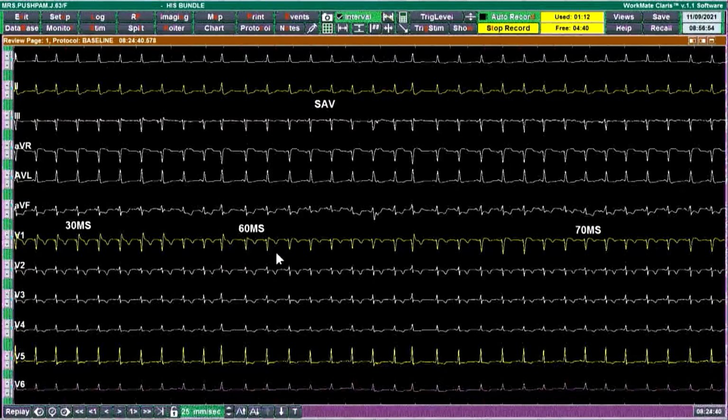Once I increase the AV delay a little further to 70 milliseconds, you will see that the RBBB is completely masked and you get a near normal QRS. The QRS duration was 106 milliseconds when we optimized the AV delay. By doing an AV delay optimization, you are allowing the right ventricle to get activated via the AV node and the left ventricle via your left bundle pacing lead, and there will be probably better interventricular synchrony than with pure left bundle activation. And second, you get additional narrowing of the QRS, because this RBBB delay, since it has an additional R' wave, increases the QRS duration by an additional 20 or 30 milliseconds.